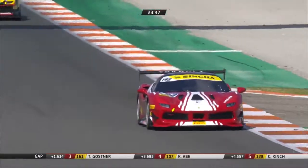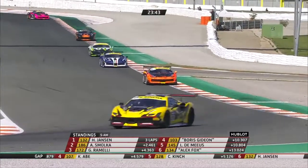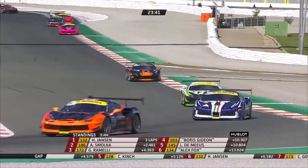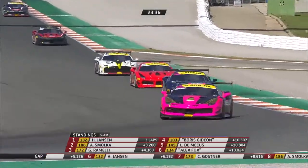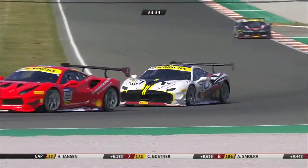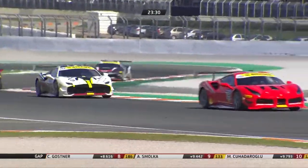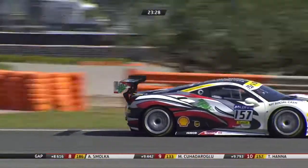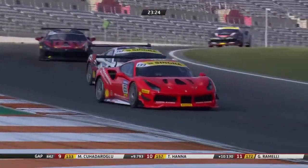He's managed to get the car rolling again, and we'll try and get it back to safety, but the long list of track limit violations is coming in now, which includes our race leader, Eric Chung. It also includes the car of Agata Smolka, car number 186, car number 107, that's the car of Ken Abe, and the 159 car of Tanny Hanna as well. Beg your pardon, 159, of course, Matthias Moser. That is Tanny Hanna, and that's why I was confused, because we've got his car on screen as he's chasing